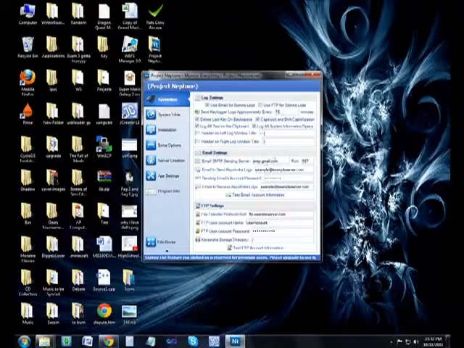Now right here is where you're going to enter your email to send, the password for that email, and the email to receive the logs that you've sent. And yes, you could actually send the logs to the same email if you so please, all up to you. Obviously some people don't feel safe about putting their password on here, so it's very simple just to make a new